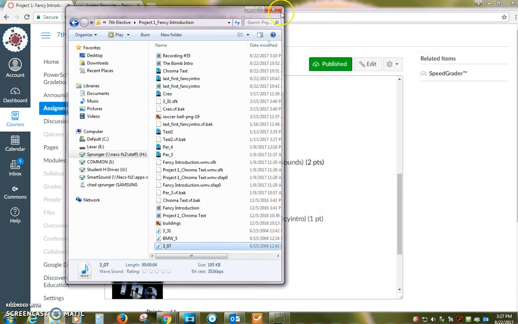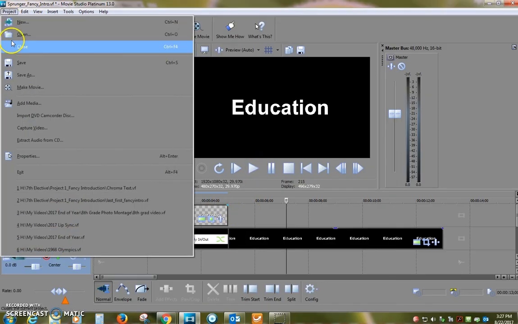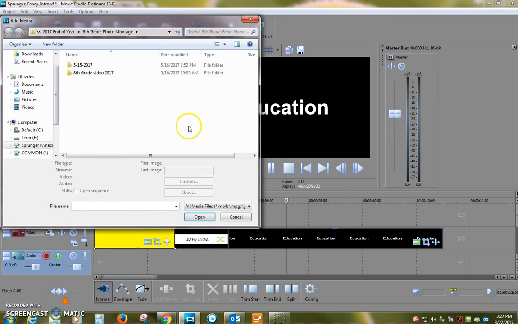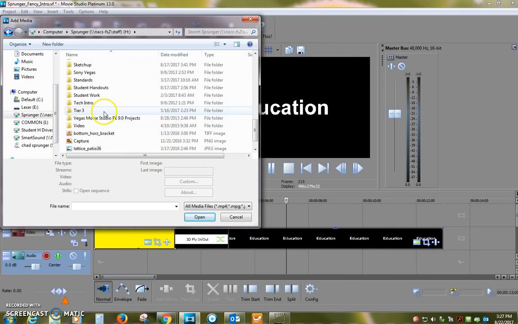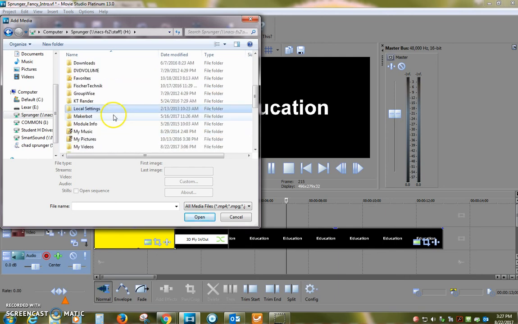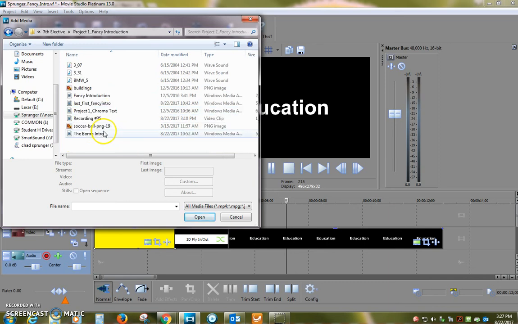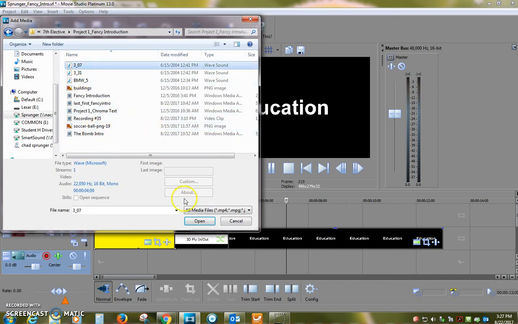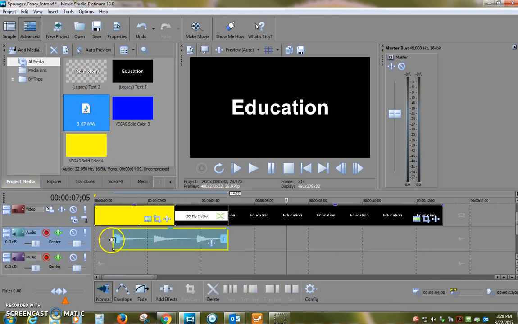Okay. Now, when I bring that into Movie Studio, we're going to click Project, Add Media, and find that scroller. Okay, and there's our wave file right here. You can drag that to an audio channel down here. There's your audio clip. Now, if you played it,